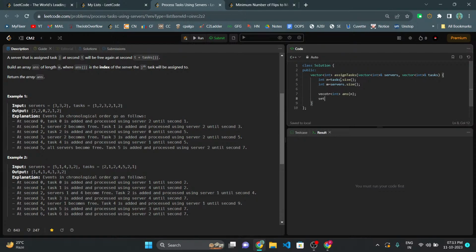Then I will create a set of a pair, integer comma integer, and it will be free servers. So it will store the free servers, right? What I will do is first of all, I will say, okay, all servers are free. So free servers dot insert,